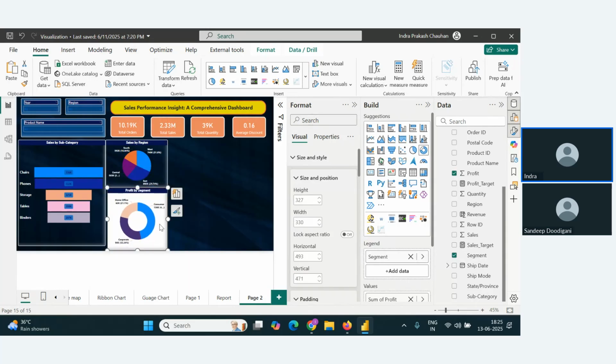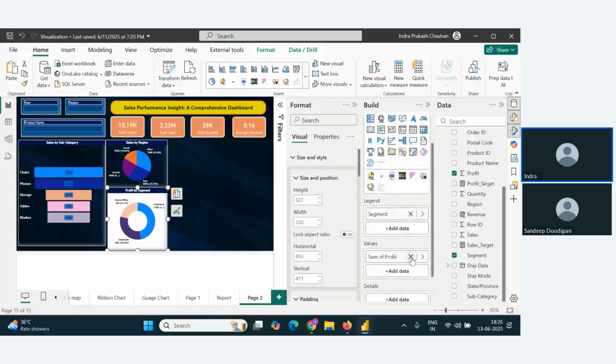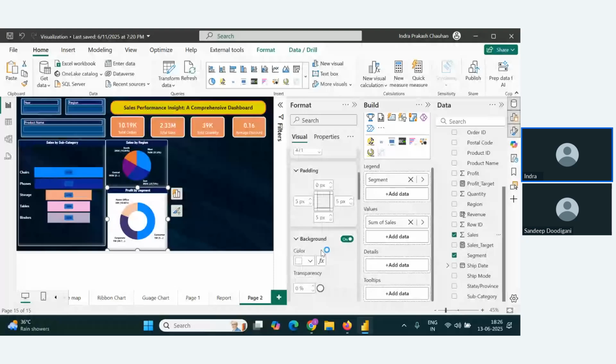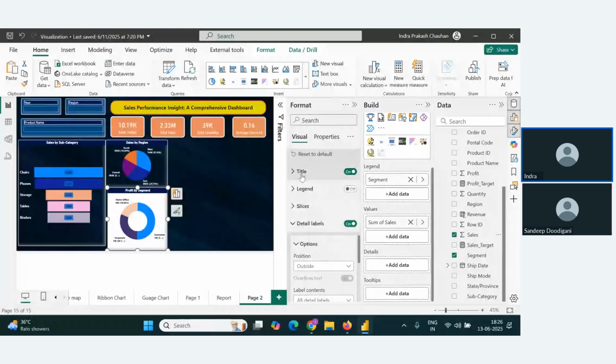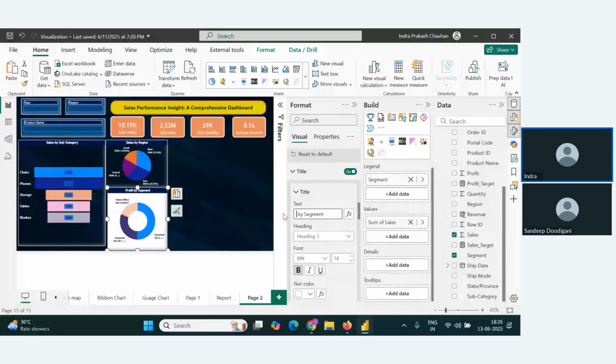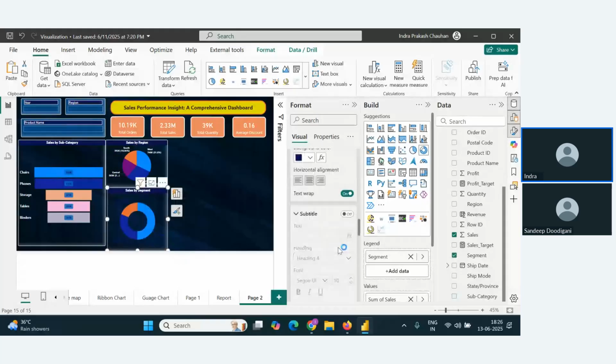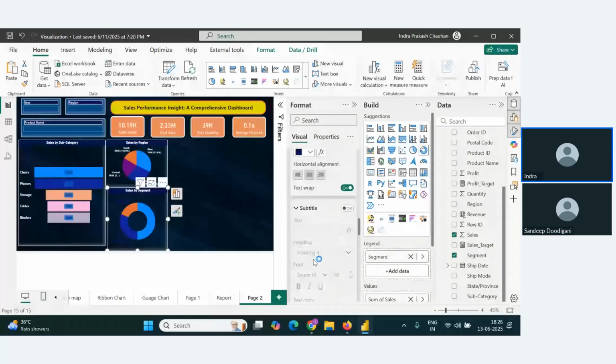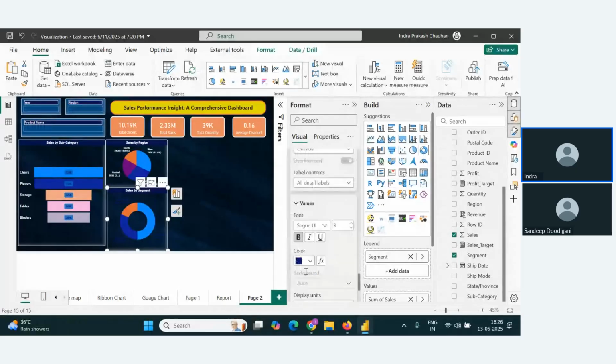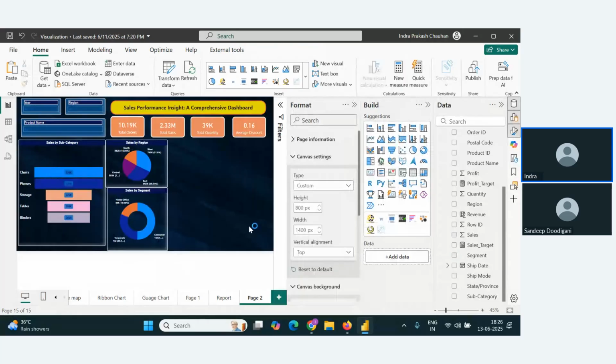And inside this particular visual, instead of profit, let's keep sales. Okay. And in the heading, profit by segment, change it to sales by segment. Okay. And let me select this paintbrush and make this change color. Again, detail label is coming in blue color. So we'll make it white. Okay. So we're getting sales by category, sales by region, sales by segment. Okay. Now